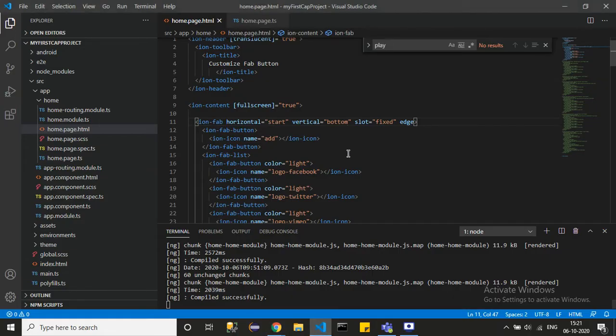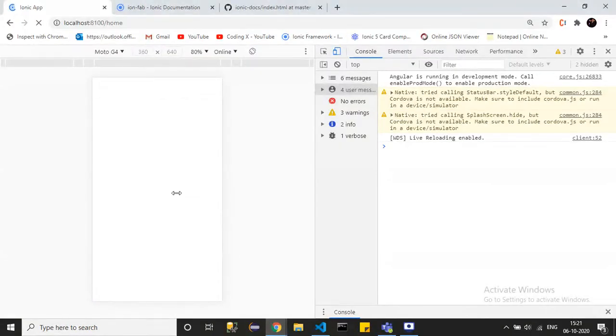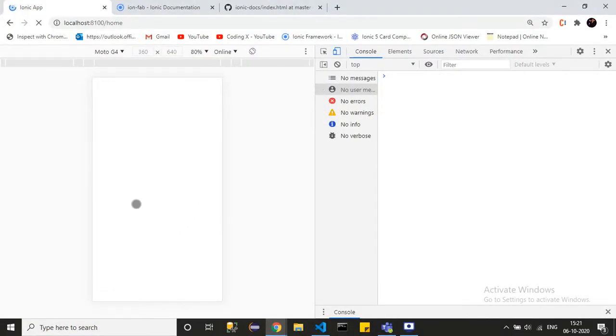And if you want to keep it in the center, type here center. So the button will come in the center of the page.